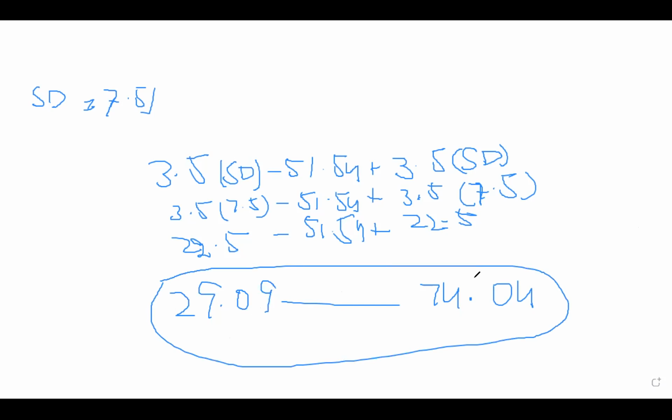The answer was 0.92. This shows that for this mean and for this standard deviation, if we add 3 times the standard deviation and we subtract 3 times the standard deviation from